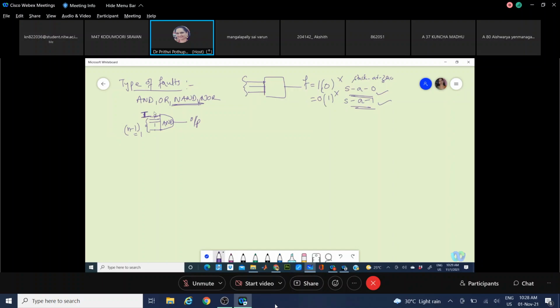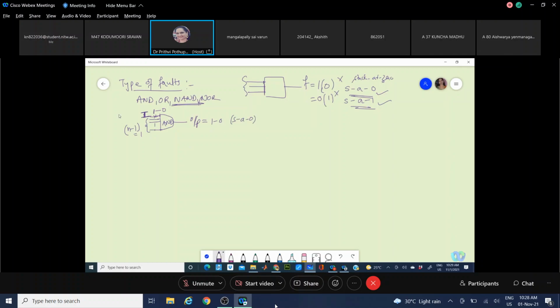Say if this is 1, altogether what will be your output? Output will be 1. Now if there is a fault, that means instead of 1 it is 0, it generates the output to be 0, so it is stuck at 0.